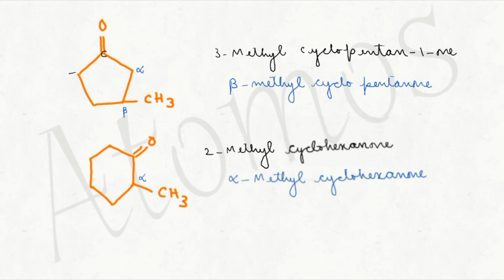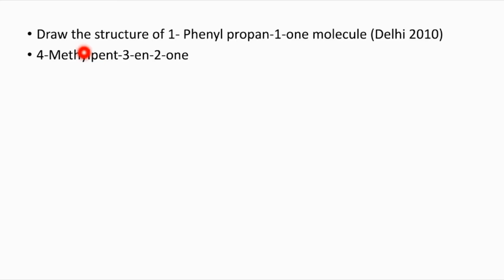It's easy only. So remember, 1, 2, 3, 4 numbering will be given only in the IUPAC system. In order to specify the position of the substituent in the common name, we will be using alpha, beta, gamma, delta, etc. Got it? Yes. Now see this one. We will be doing some board questions related to the topic which we have discussed now.